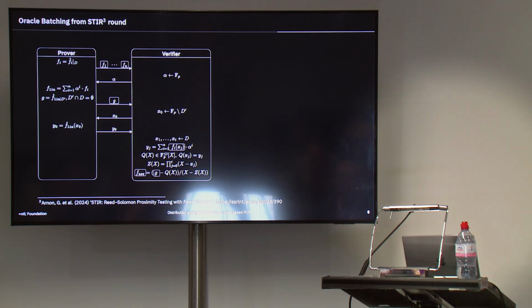So let me go through this protocol. As you can expect, we are going to compute a linear combination. The verifier samples a random point and sends it to the prover. The prover computes a linear combination, but the key difference here is that we are using two disjoint domains for the Reed-Solomon code, D and D prime. These domains have the same size and their intersection is empty. And the prover computes a vector of evaluations over the new domain D prime